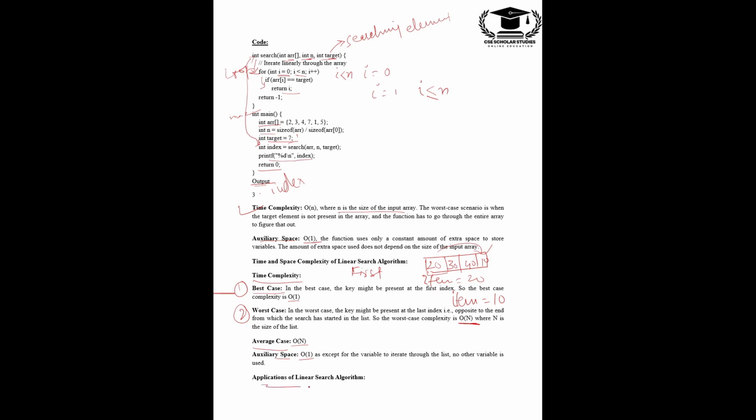And what are the applications of the linear search algorithm? We use linear search in an unsorted list and small data sets. We perform this linear search when using a small data set. It is not beneficial for a large data set. These are the advantages and disadvantages of the linear search. The linear search can be used whether the array is sorted or not. We use it to check whether the array is sorted or not, and it doesn't require any additional memory.